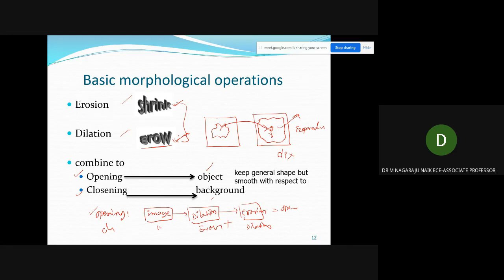The two operations will add, then the objective information does not change. You will get the clarity of an objective, so that we are able to extract exactly what the shape of your objective is. That is possible by using opening or closing. Okay, now we'll discuss that one also.